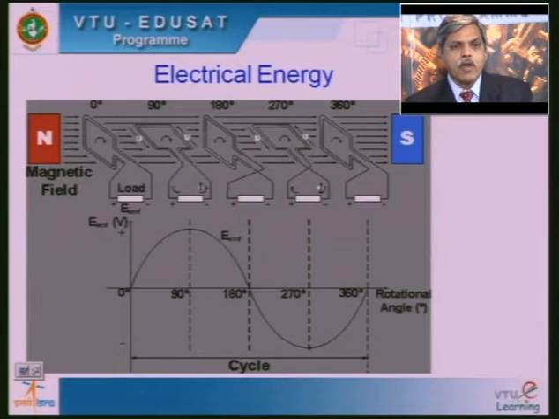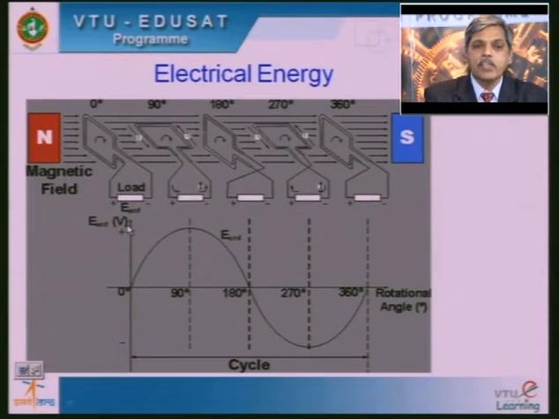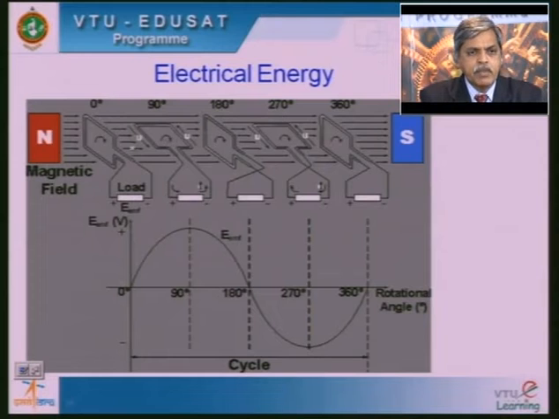So this diagram also will give you the different positions of the coil within the magnetic field. You can see here, this is the vertical position, I took it as a reference 0 degrees. From here I rotated by 90. So the coil plane you can see here, this is vertical and here it is horizontal. If you see this coil, the flux lines are entering in through the coil.